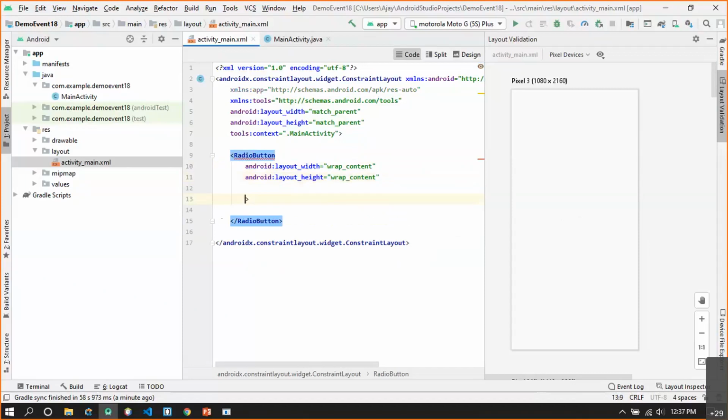Let's have the text as male. This is the first radio button, and it will have the ID male.